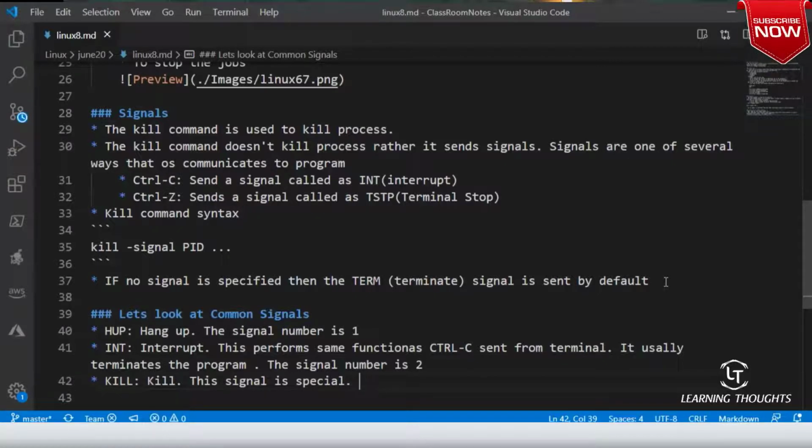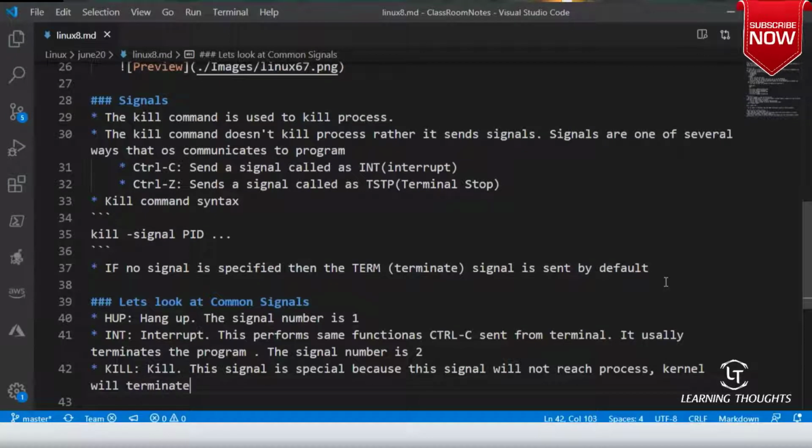Very special, because this signal will not reach the process. The kernel will terminate the program immediately. So no cleanup, nothing. No cleanup opportunity is given to your program.